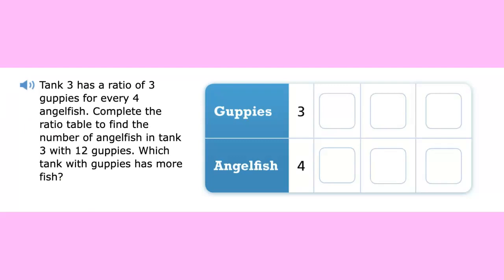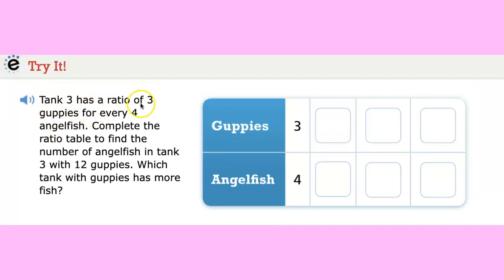All right, I want you to try this one. Tank 3 has a ratio of 3 guppies for every 4 angelfish. Complete the ratio table to find the number of angelfish in tank 3 with 12 guppies. Which tank with guppies has